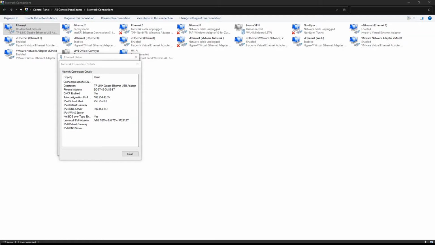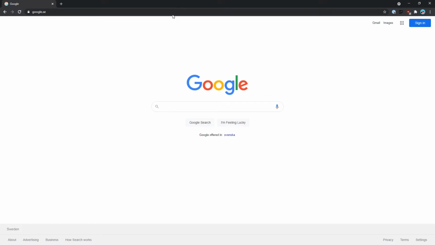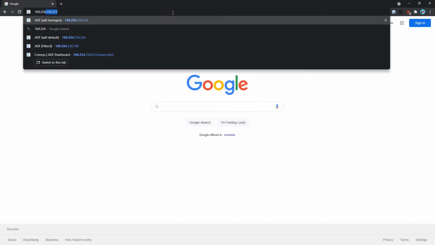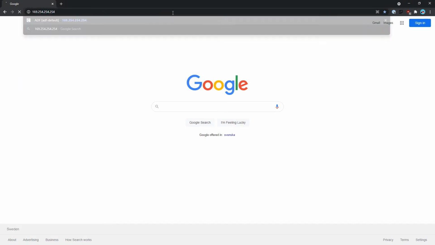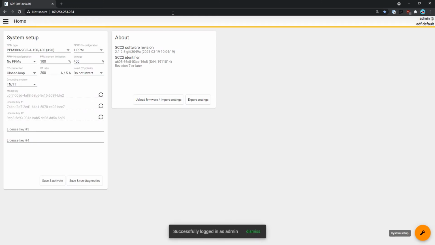This means I can now open any type of browser. The typical browsers that are supported are Chrome, Edge and Firefox, but every other browser works as well. And here I can now just go to the IP address of the active filter, 169.254.254.254, and I'm able to log in to the active filter. We have a login interface, but the standard username is admin without any password. With that written in, I'm able to connect to the active filter and I see the basic information in the